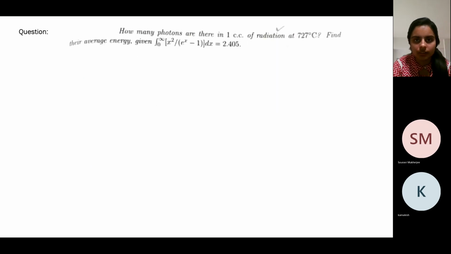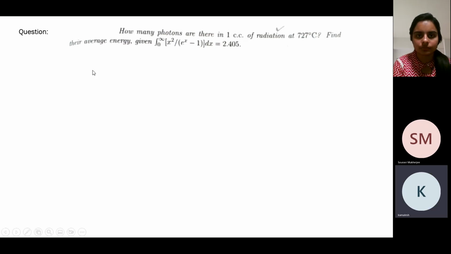Okay, so now this is another question. This is typically a very numerical question, so I would share the solution with you because there's no point doing the entire calculation. What is important for you to understand is that photons are bosons. So they follow the Bose-Einstein distribution, correct? Here you are asked how many photons are there in 1 cc of radiation